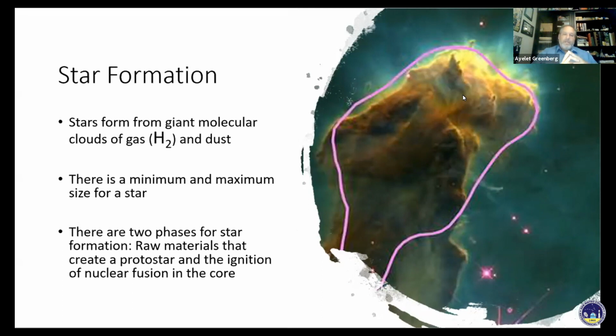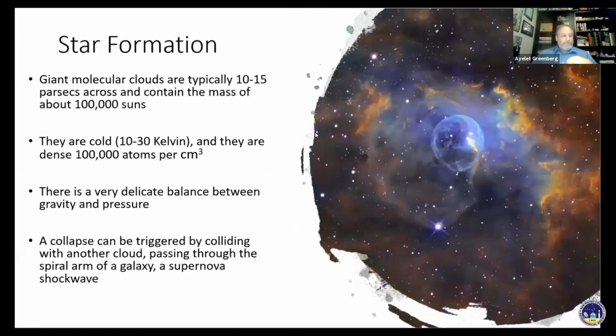The first phase is starting from raw materials and creating a protostar, which is something we'll explain in a minute. And that protostar will chug along and exist for a long period of time until the core gets hot enough to initiate nuclear fusion in the core. And at that point, that's when we say a star is born, that is a fully fledged star. So let's start with the first phase, the first part of how do we create a